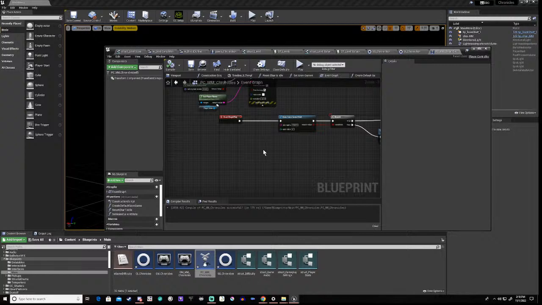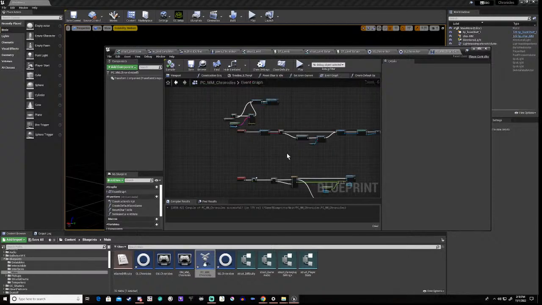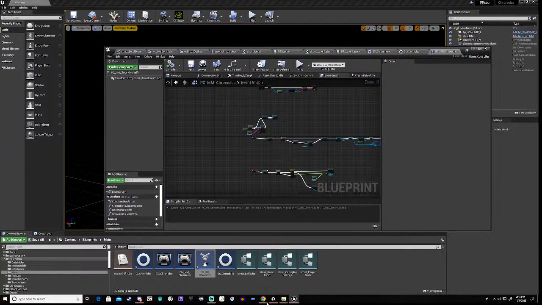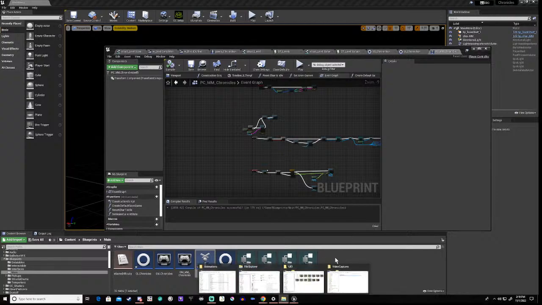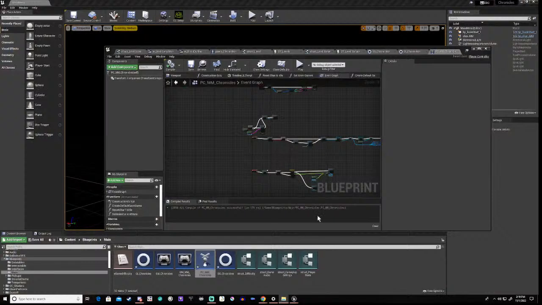And there we go. So we now have our level settings being passed into, right, so the next thing we need to do, and I shall explain in a second, but we now have our level statuses being added to our game instance,